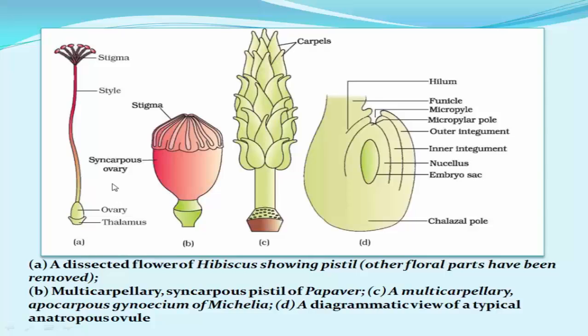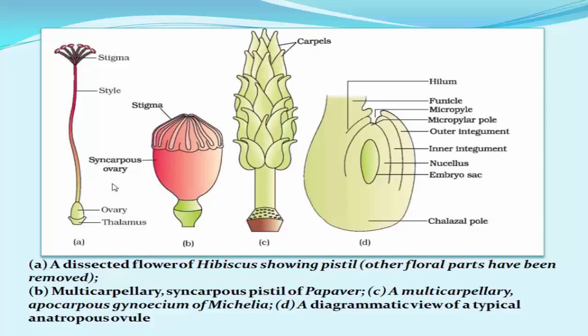Stigma has a sticky surface. It serves as a landing platform for pollen grains. That means it receives the pollen grains during pollination. Style is an elongated slender part present below the stigma, within which the pollen tube grows. And ovary is the basal bulged part of the pistil. Inside the ovary, small compartments are present called locule or ovarian cavity, which contains the tissue called placenta, from which the ovule